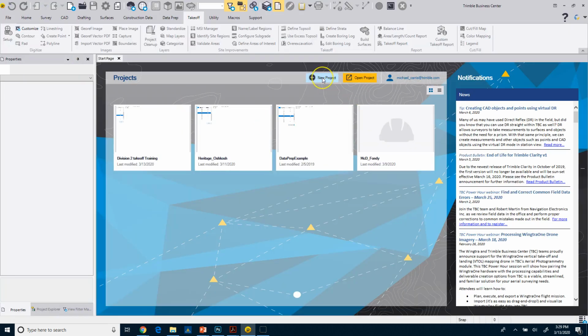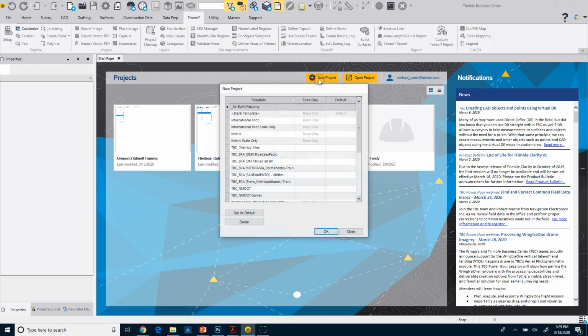Or if you want to, just from the Start tab, Start Page, you can click on New Project, and this opens up that same path of those project templates. Now again, depending on what type of project you're working on, you would choose that template. Now we do have some takeoff templates, we have some international foot templates, some survey foot, utility templates. Like I said, I'm going to start with this US survey foot template. It's pretty much a blank template, but it is in US survey feet, which will match the project that we're